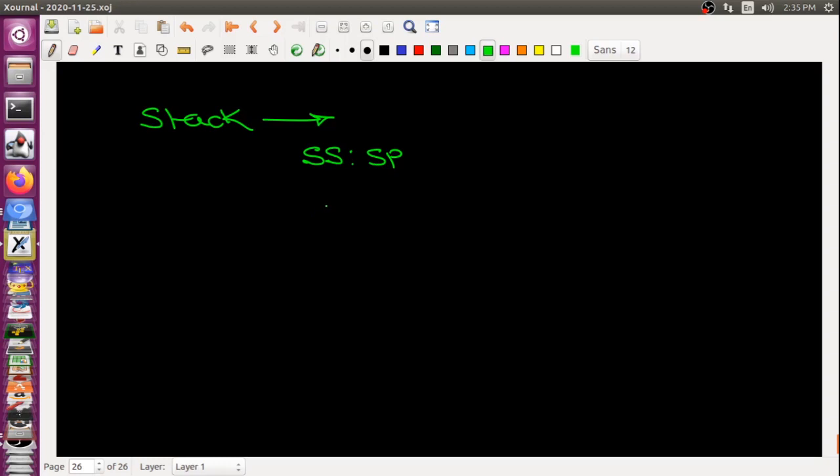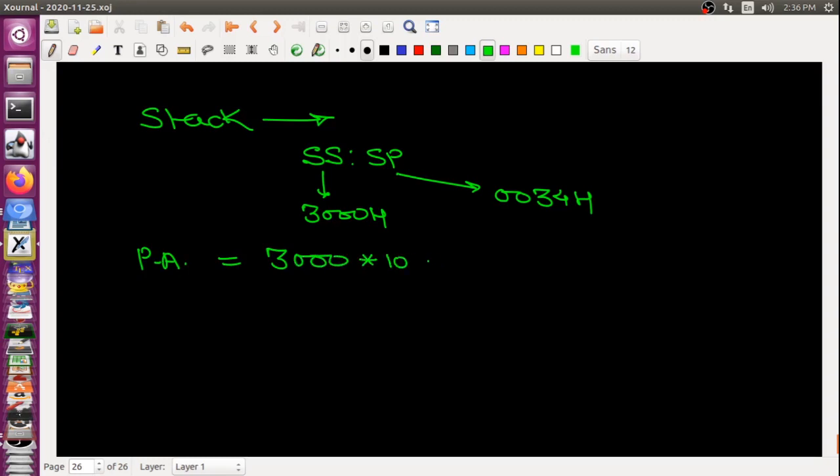For example, if you are having the stack segment address as 30000H, and the stack pointer is having the value of 0034H, obviously my physical address will be calculated by taking the base segment, multiplying it with 10, plus 0034H.